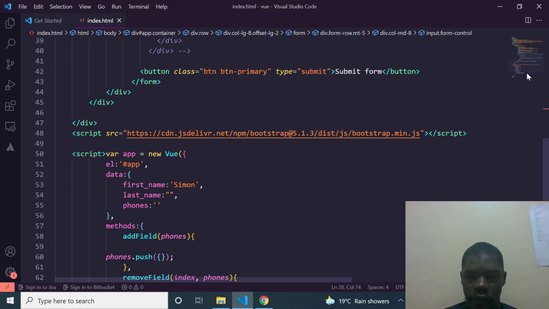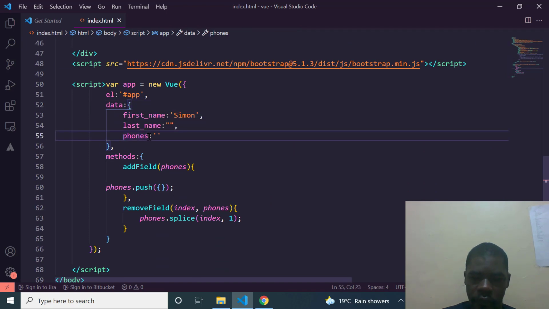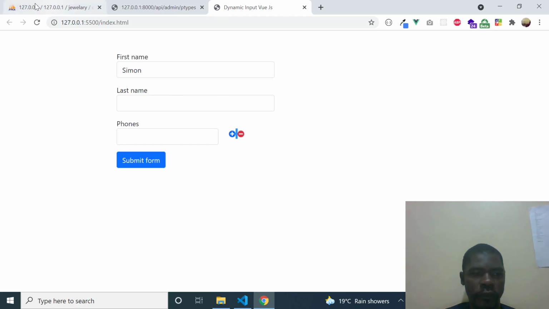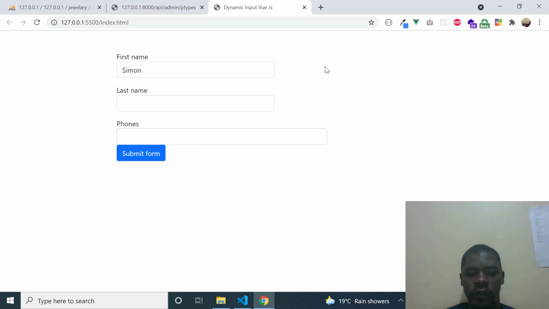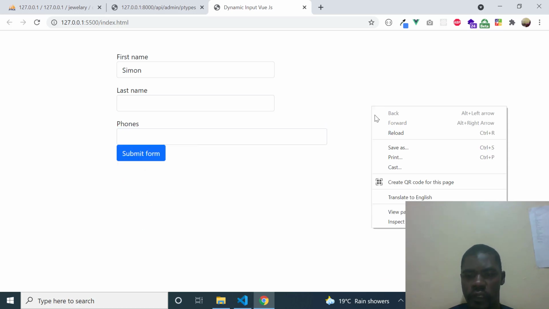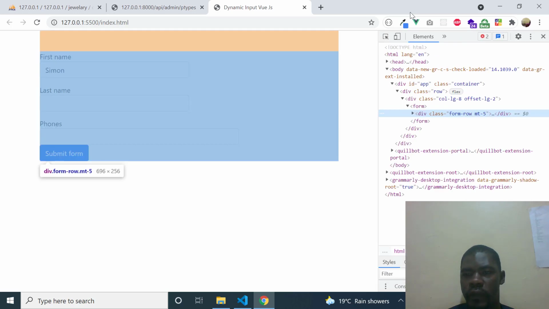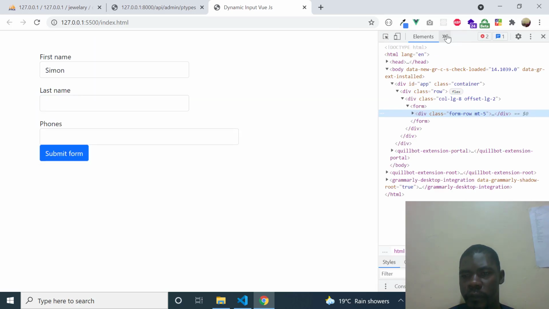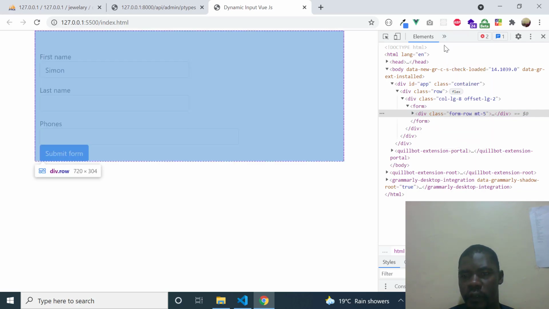So I have to make sure that in the data object here, I have the font here. So we have the two-way data binding, meaning that if I refresh here, and the font changes, it will also change in the data. So let me just show you. If I go to the Vue tools, and I have installed Vue tools here, if I just go to the Vue, we can look at the